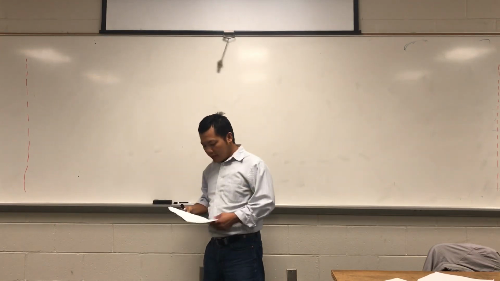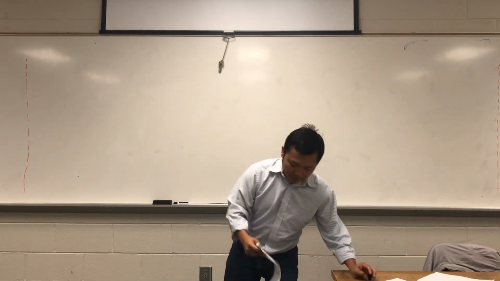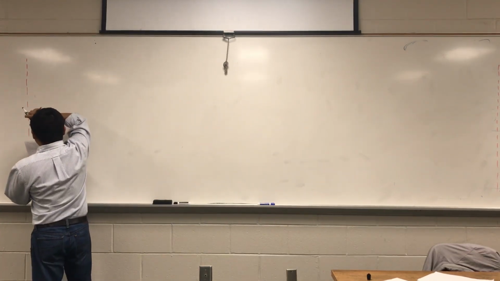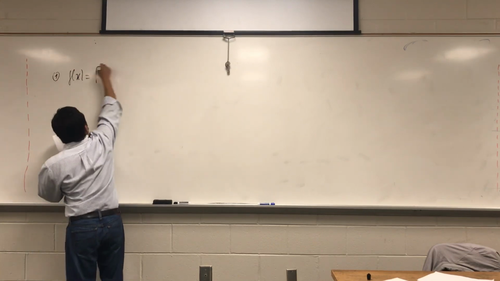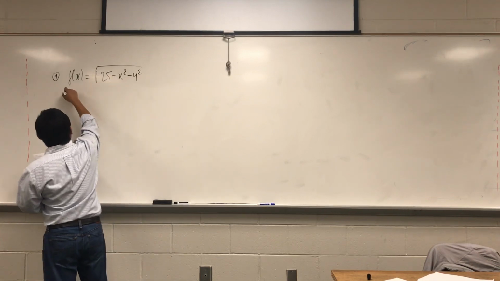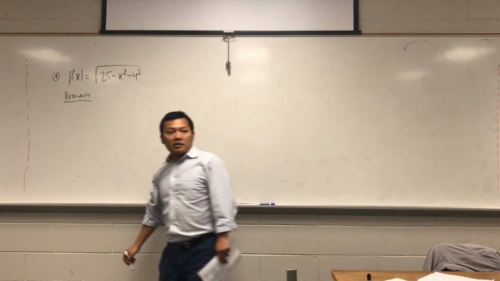And we'll see how many minutes you would need for this practice exam. So the first problem: find the range and the domain of the function. You have the function f equal to the square root of 25 minus x squared minus y squared. You have to find the domain. So the domain of this function is